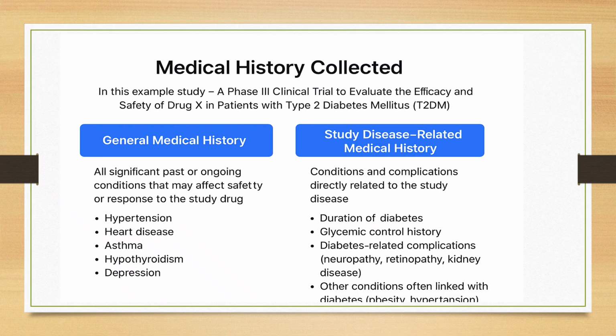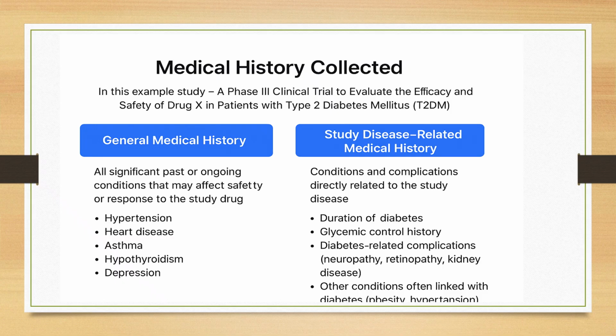Apart from this, the other CRF form which we will have is the CRF form related to the history of the disease which is under the study. This focuses on the conditions and complications that are directly related to the study disease. And in this example of type 2 diabetes mellitus, we can collect information such as how long the participant has had diabetes, their past HbA1c levels or the insulin use, any diabetes related complications such as neuropathy,